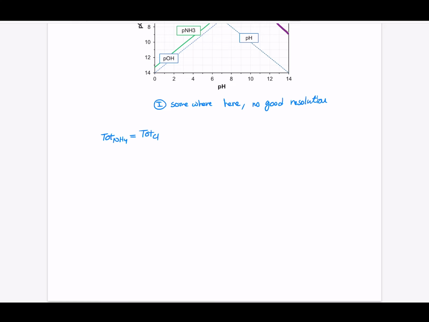And the total concentration of ammonia would be ammonium plus ammonia, and the total concentration of Cl would be basically just the Cl itself. There's no other species with Cl. And now we combine this